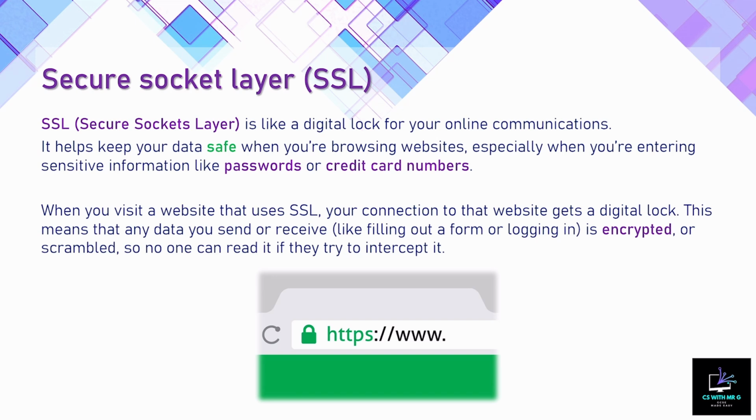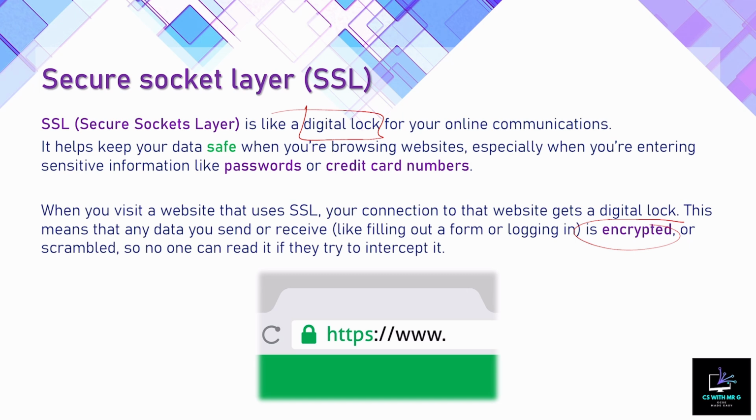SSL is something that we don't necessarily need to do on our own, okay, but it is something that we need to look out for. Secure Socket Layer, we can imagine as a digital lock, keeps our information safe. When we communicate with websites and we pass on sensitive information, such as a password or credit card number, you want to make sure that the website that you're on is definitely safe. Now, SSL uses something called encryption, which again we've discussed in another lesson, in order to send your information to and from the website. Okay, so it scrambles it into an unreadable manner so that if anyone intercepts this data,